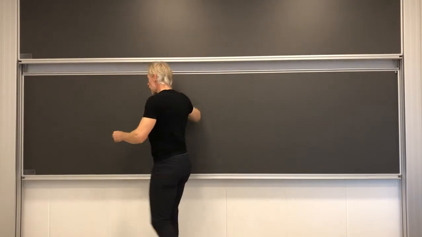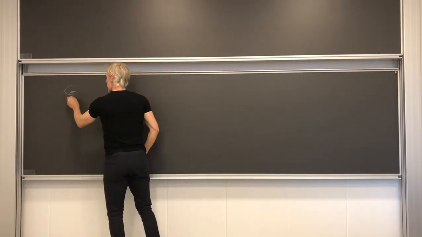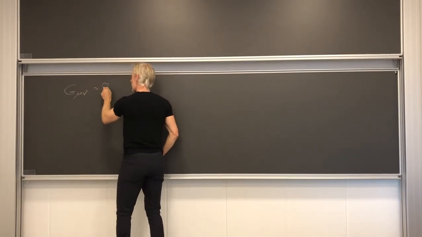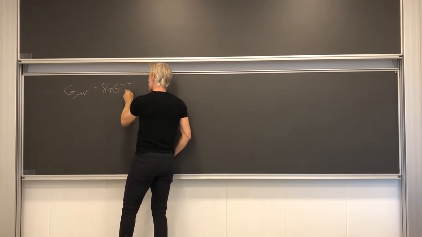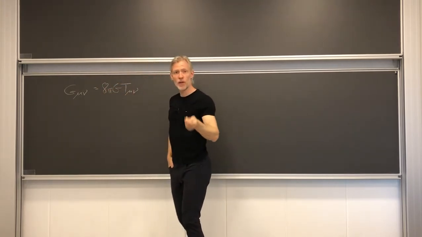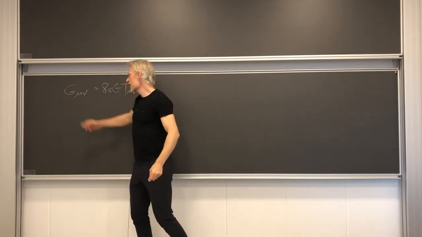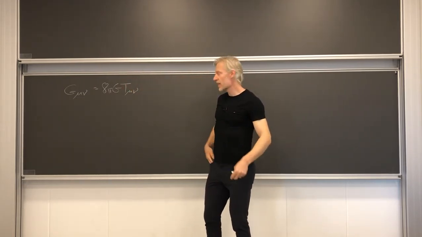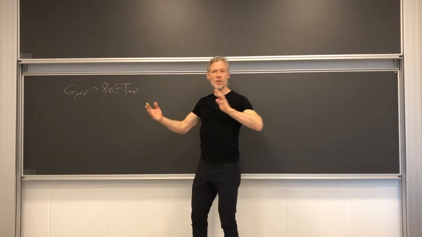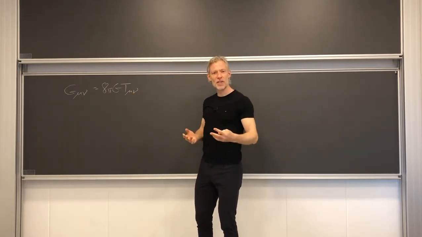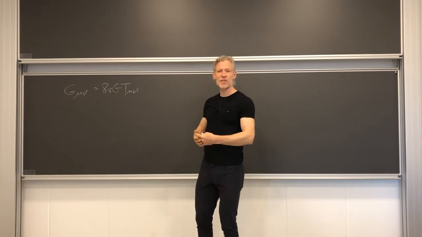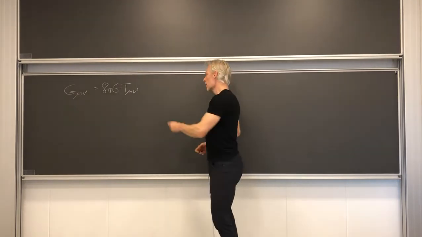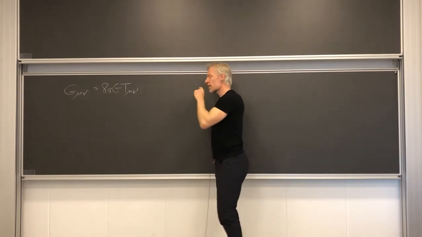So the general Einstein equation, remember, takes this form where the left-hand side is something that contains second derivatives of the metric, and the right-hand side is the source term for gravity, which now includes not just energy density, but for example also pressure. We also discussed the fact that